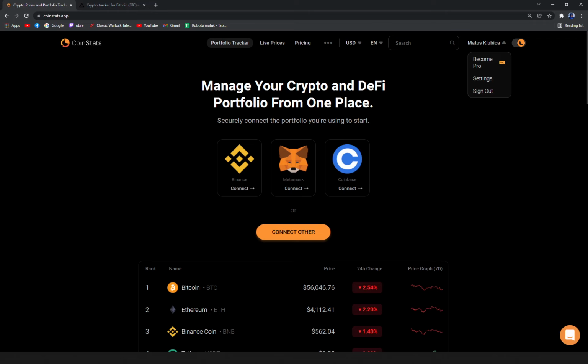So let's start with CoinStats. CoinStats is a cryptocurrency research and portfolio tracker app. You can search through the list of more than 6,000 cryptocurrencies, visit their social pages and websites to make research-based investment decisions. CoinStats features also include the ability to set price alerts for currencies, read the related news and cryptocurrency